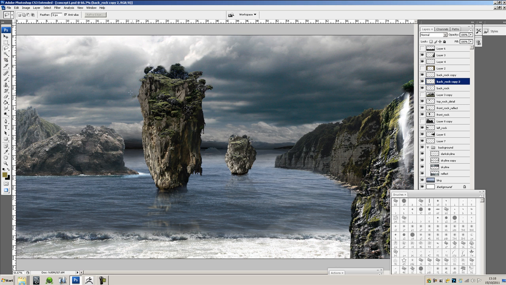I can grab my lasso tool, and this will allow me to control where it's going to be lighter or where it's going to be darker. I'm just going to select that. I'm going to inverse it, I'm going to delete it, and now I've got control over this part of the